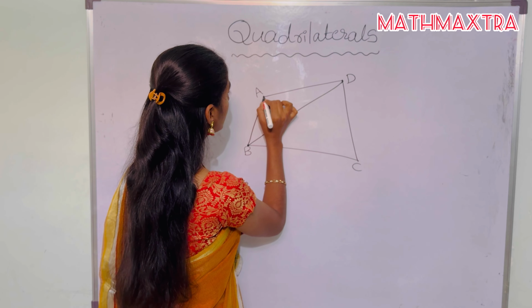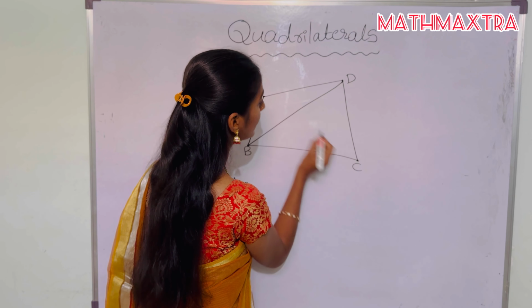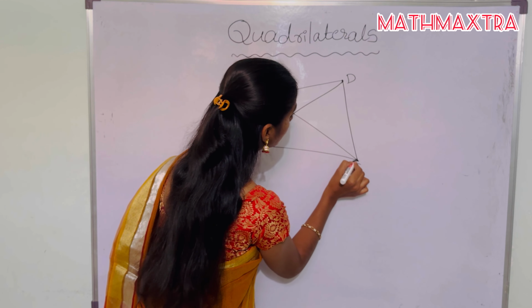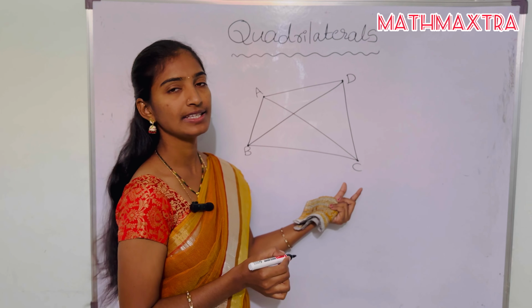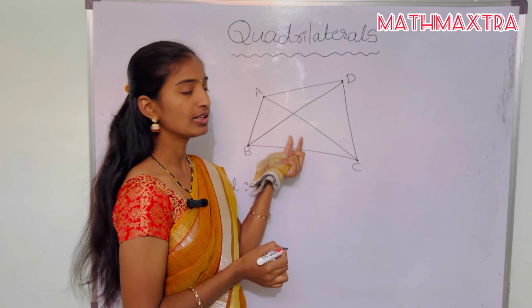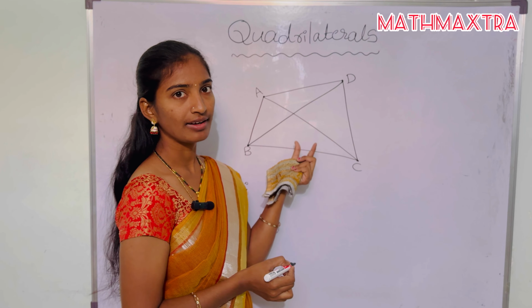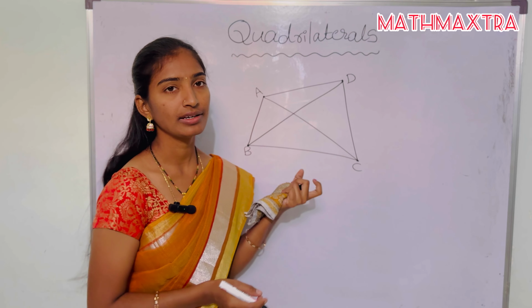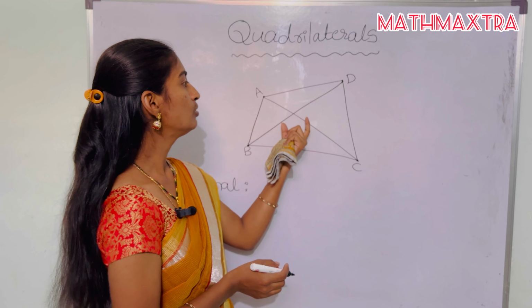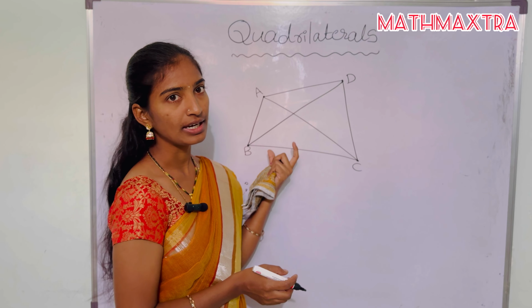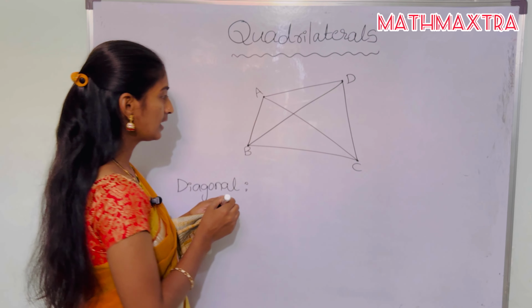See, these two are also opposite vertices, A and C. If you join A and C, we call this one more diagonal of a quadrilateral. So how many diagonals are possible in a quadrilateral? Two diagonals are possible in a quadrilateral. So, okay, next